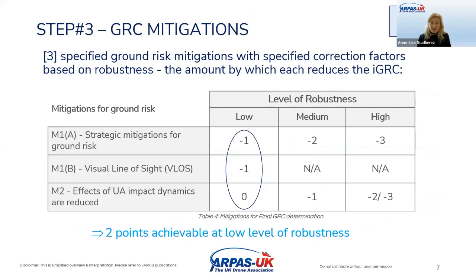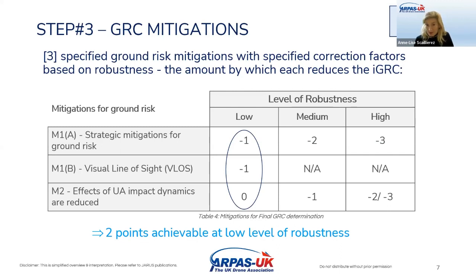Now, once you have determined that intrinsic ground risk, you apply ground risk mitigations in order to lower your risk. I mean, what any operator does anyway for every operation. SORA defines precisely the ground risk mitigations that you can apply and the various degrees of robustness that you can apply them as well. And depending on the mitigations and the level of robustness, you can achieve a number of